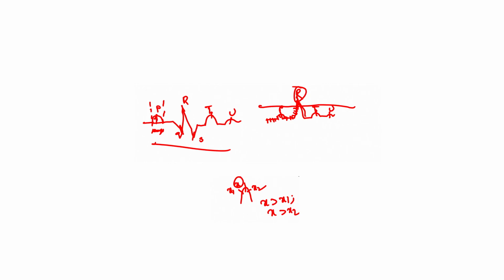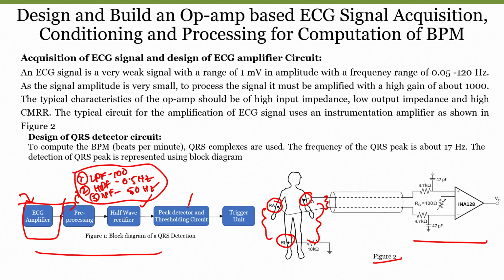In order to do that functionality using an operational amplifier, I have to design a circuit. Designing that circuit is nothing but a peak detector circuit and a thresholding circuit. After peak detection and thresholding, I have to compare. Whenever I get a peak, I have to count it. Since the counter is a digital part, we are planning to either show it on a CRO to see whether we are getting the peaks or not, or use some kind of triggering input which generates a high voltage whenever there is a signal, and our job is done.